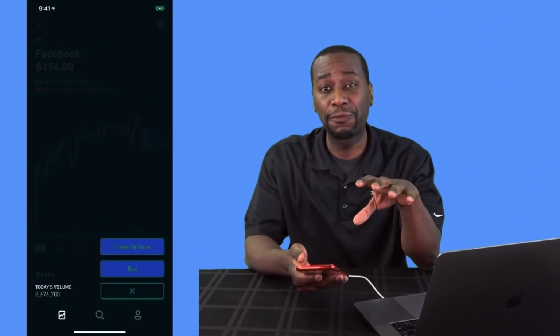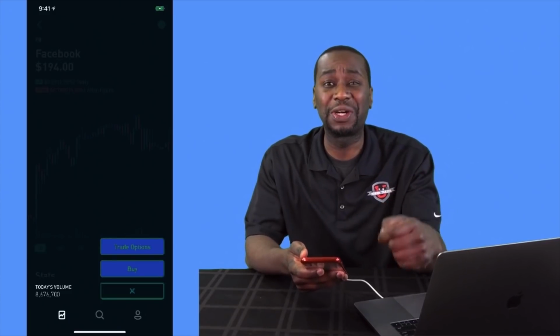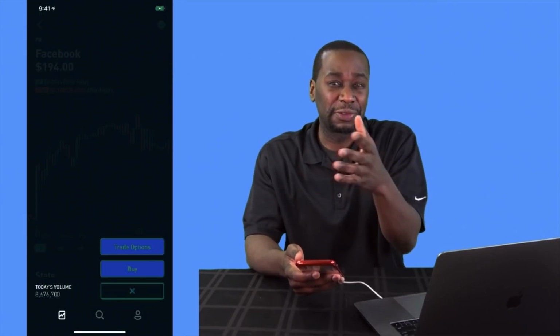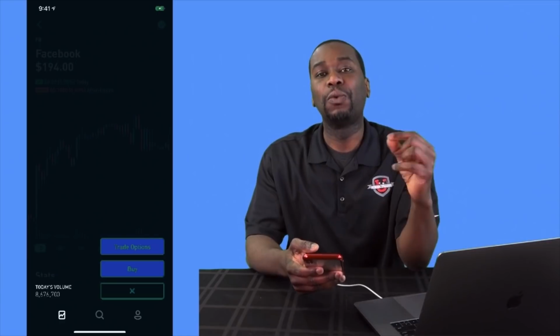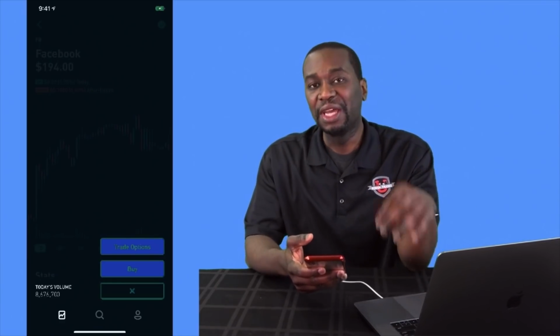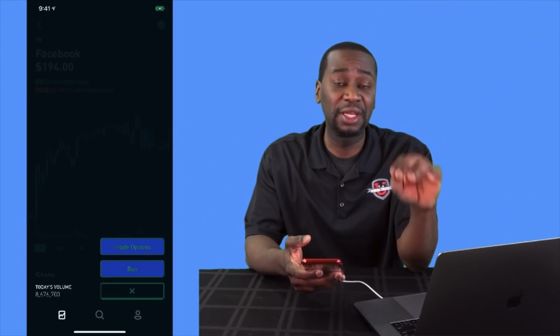Now, before we move forward, you need to be approved to trade options. They're going to ask you some questions like, are you here for growth? Or do you trade or invest for safety and security? They're going to ask you questions like, what's your net worth? What is your experience with trading options? How often do you trade options? If your answer is, I've never traded options, I'm here for safety and security, I think it's going to ask,